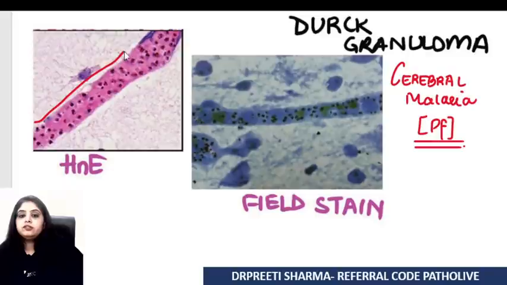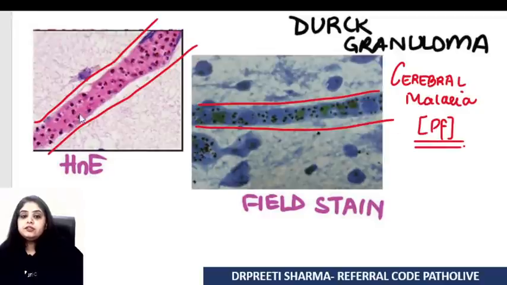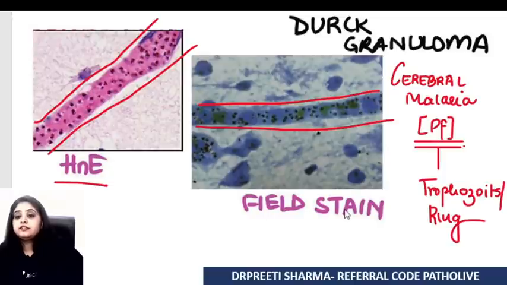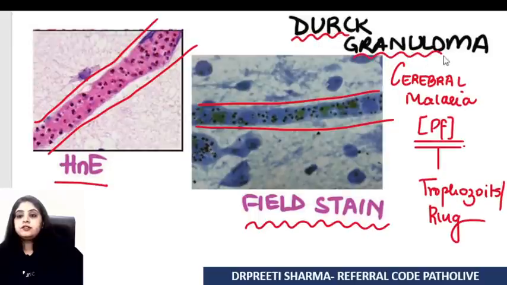Dirk granuloma, where you see these, most of them are within the blood vessels. And you see these dots that are there inside it. These are all rings or trophozoites of Plasmodium falciparum, and this is the Dirk granuloma, which I see in 2 colors. One is the usual pink and blue, so I call that the H&E slide. The other one that I have over here is the Field stain. So that's a very important stain that you have to remember when you want to stain a Dirk granuloma. That could be a future exam question also.